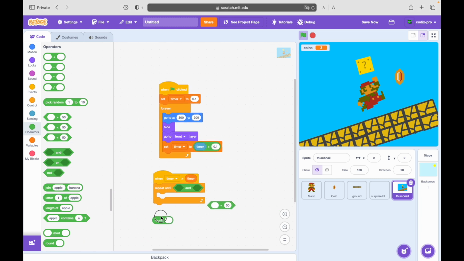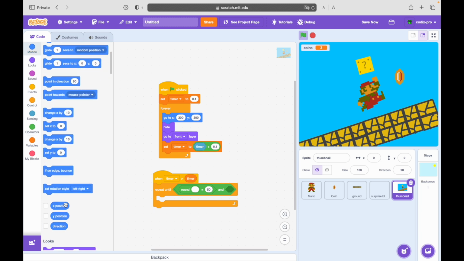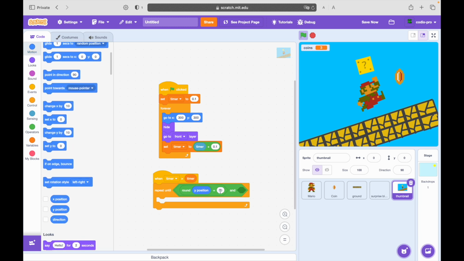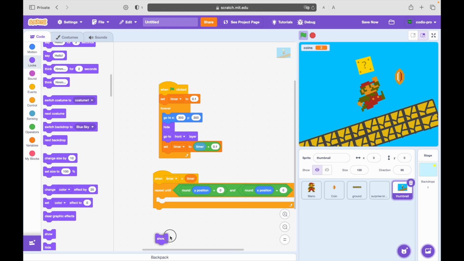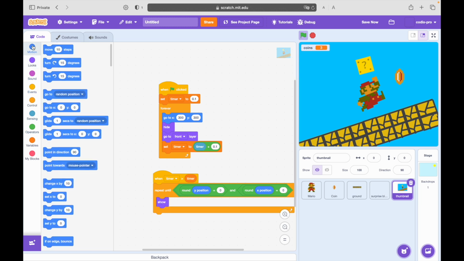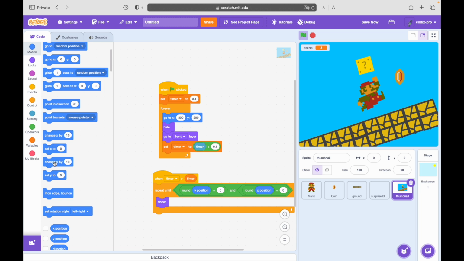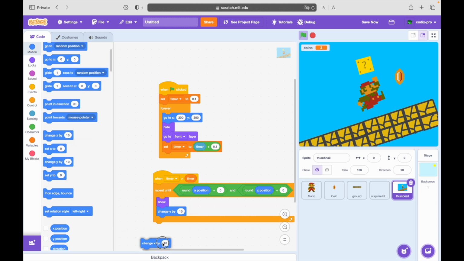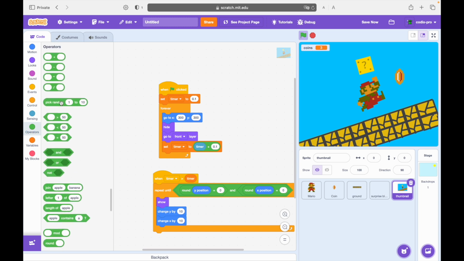We put the round in this equal block and then drag it on this side and put a Y position, 0, and then we just duplicate this and just change this into an X. And then we can say show, change Y and X by divided